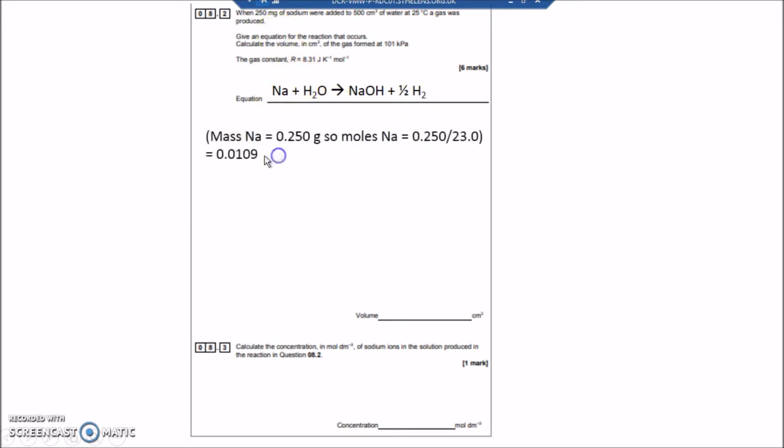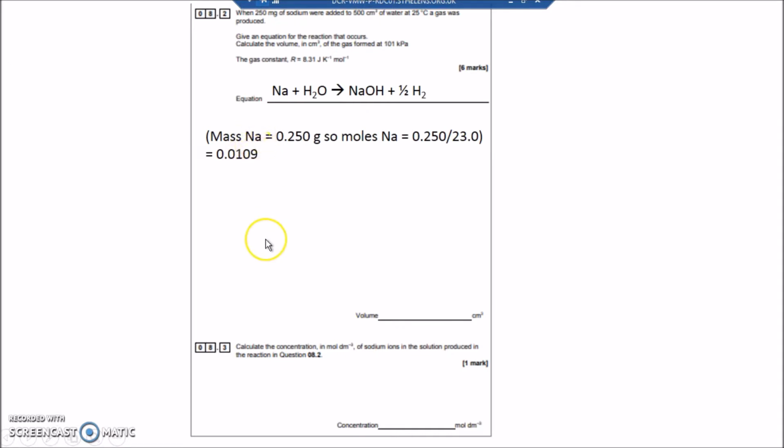Then what happens? So what we've got is we've got Na, we've said we've got 250 milligrams or 0.25 grams. We know the Mr of sodium is 23. We can look that up in a periodic table. So moles equals mass divided by Mr. Mass is 0.25 divided by 23. So I've got